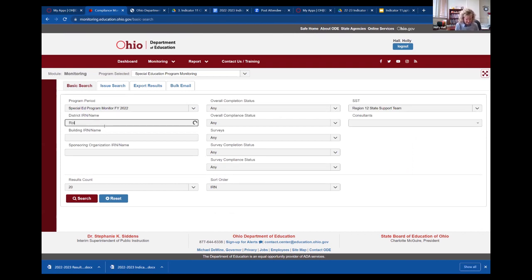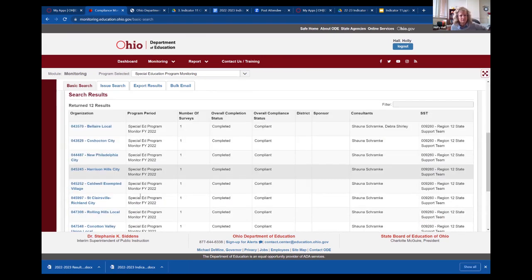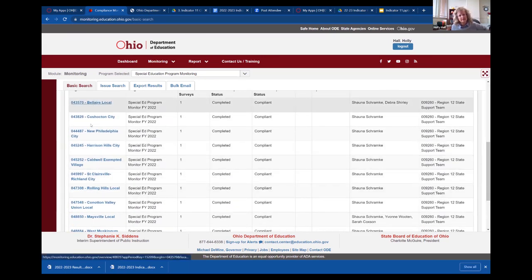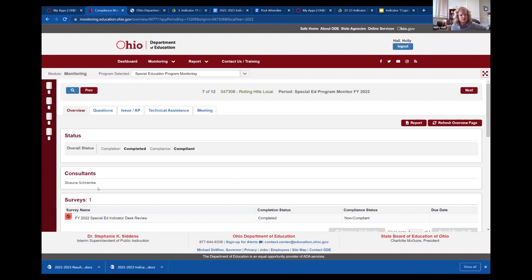I'm just going to use... well, of course that didn't work, but when you do your search, it should isolate. I probably had a typo in there, but I'm going to go to Rolling Hills. And then you can see